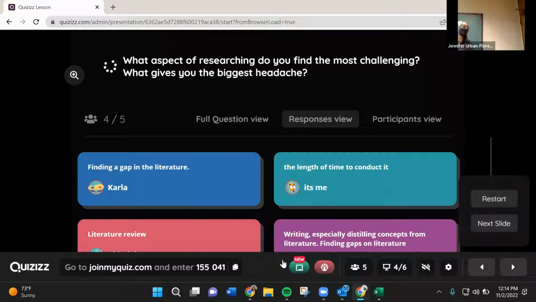Exactly. Yeah, for sure. I agree with you folks. I think the literature review is probably the hardest, or not the hardest, but the most time intensive part. And that's what makes it the hardest part, right? Distilling all this information, going through it, and really making sure that it's quality information that's going to either help promote your argument or help promote your own research, right? So yeah, I totally agree with that.